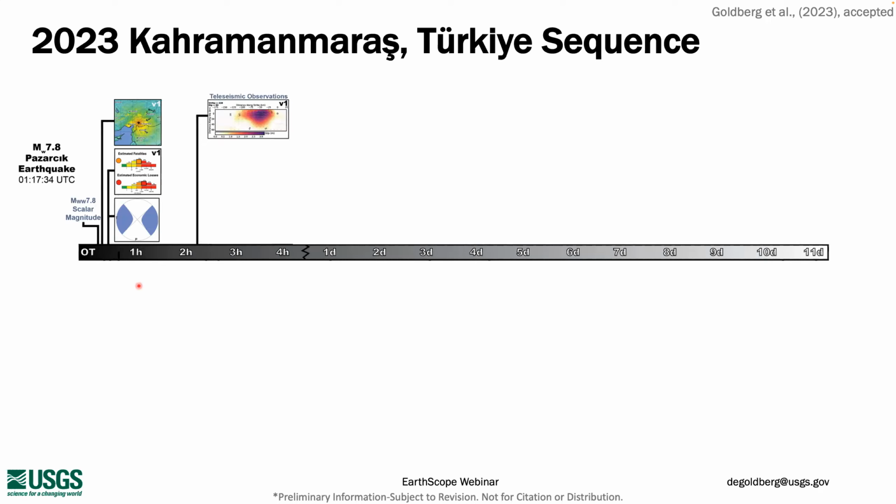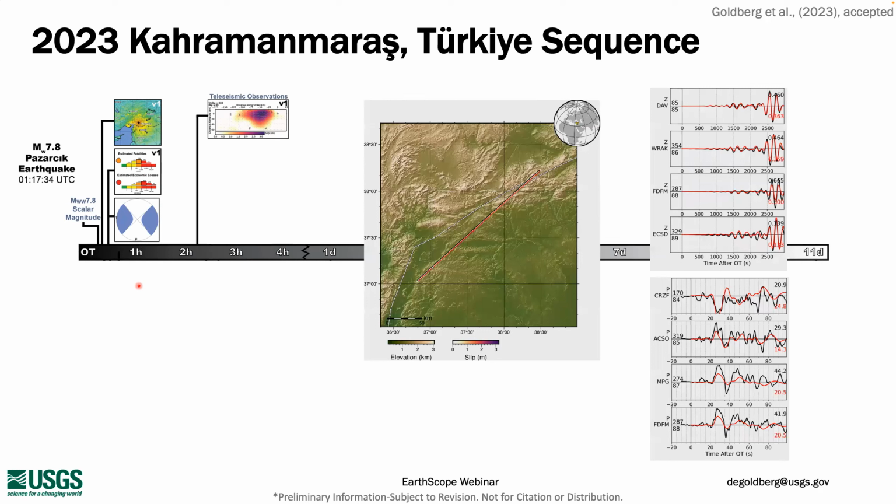A little bit after 2 hours after origin time, we posted our first finite fault model using just teleseismic observations. We didn't have access to any local observations in real time, so this is all we had to use. And then I'll show you quickly the map view here. So in our initial finite fault models, they are always tied to the hypocenter location and use the orientation from the finite fault estimate. So you'll see, even though we have the main through-going tectonic boundary here, this is the hypocenter south of that main boundary.